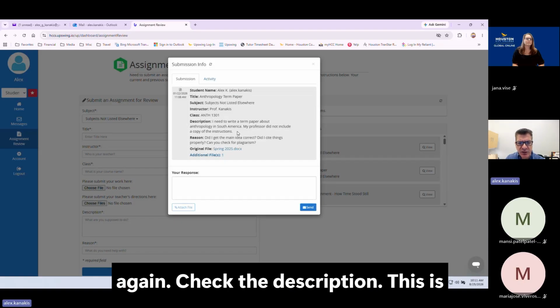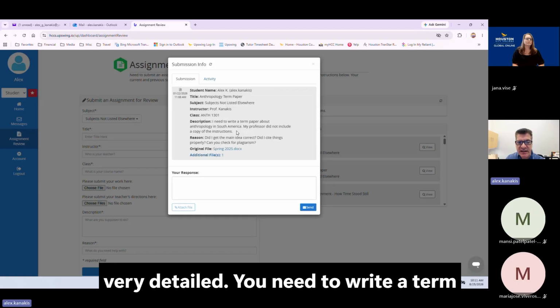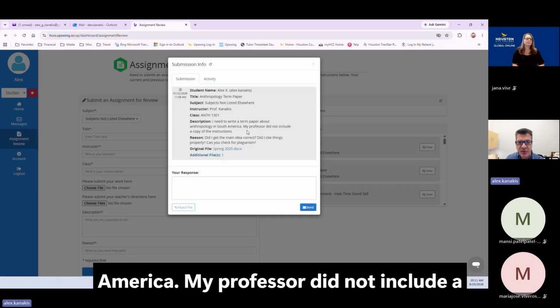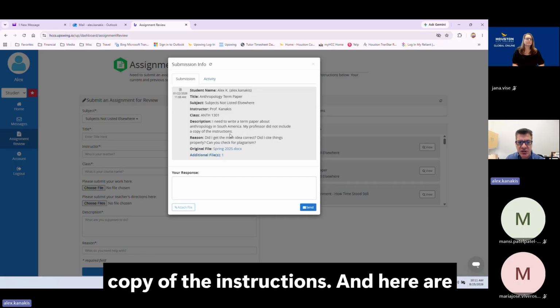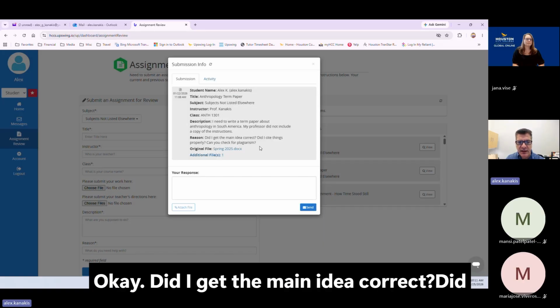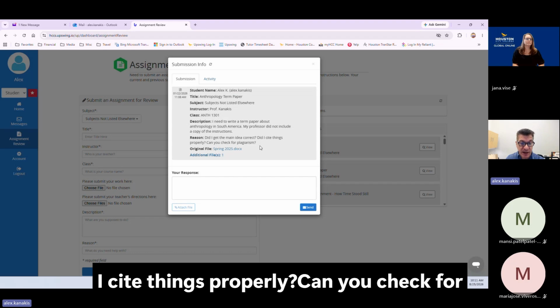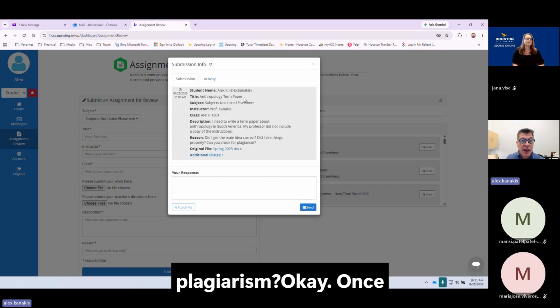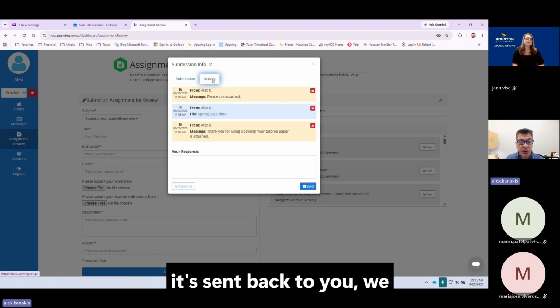And again, check the description. This is very detailed. You need to write a term paper about anthropology in South America. My professor did not include a copy of the instructions. And here are the reasons you want us to look at it. Did I get the main idea correct? Did I cite things properly? Can you check for plagiarism? Once it's sent back to you,